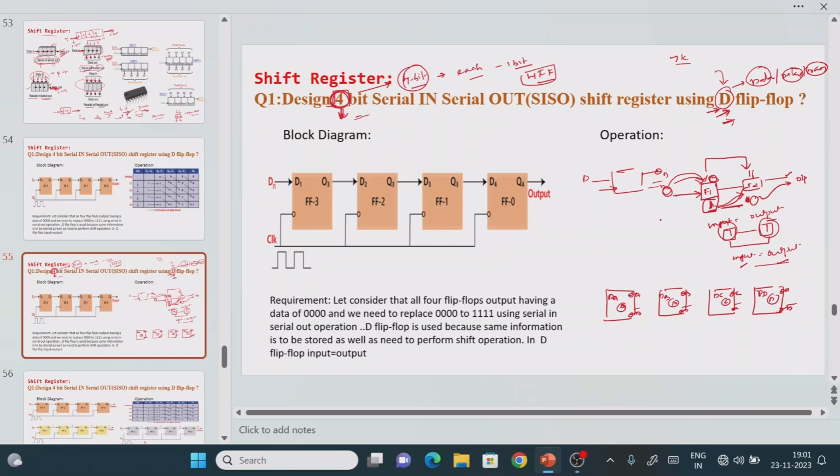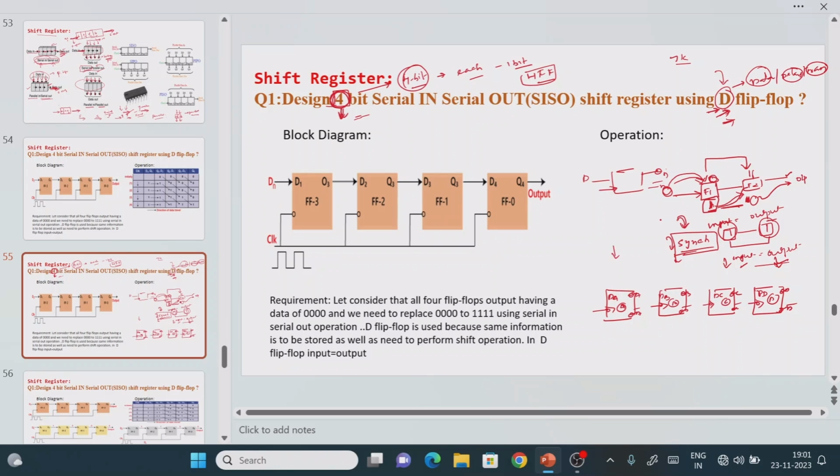Now we need to connect one flip-flop with another flip-flop, right? Before that, what I explained in the previous class, these are examples of synchronous operation. Synchronous operation means at the same time flip-flop 1 will work, 2 will work, 3 will work, 4 will work, right? If you want to make a synchronous counter or synchronous circuit, what is the condition? Everything depends upon the clock pulse, right? Based on how we apply the clock pulse, we have two types. One is synchronous, another one is